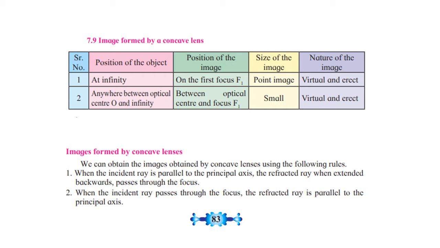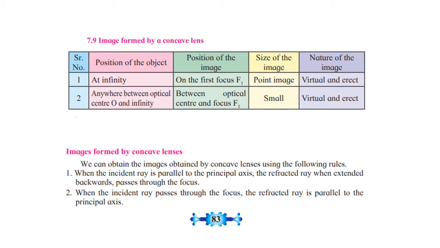Whereas in case of a concave lens, the rays of light after refraction appear to come from a point and they get diverged. That's why they are called divergent lenses. That's the reason that the image formed in case of a concave lens is always virtual, because the rays never meet and the image can never be taken on a screen. And there are two diagrams only that we are learning in case of a concave lens. One which is at infinity and one which is anywhere between the optical center and infinity.